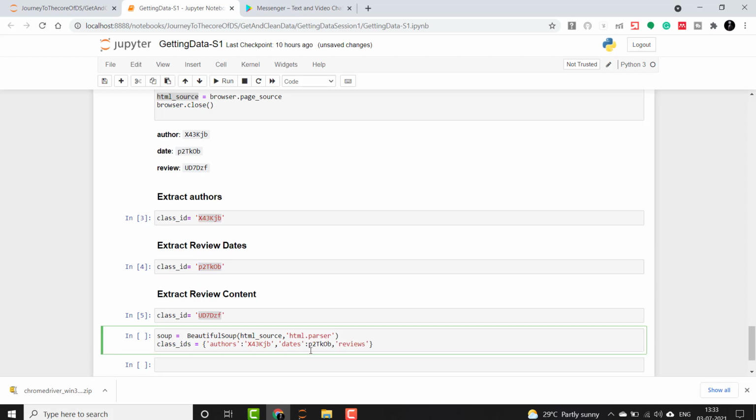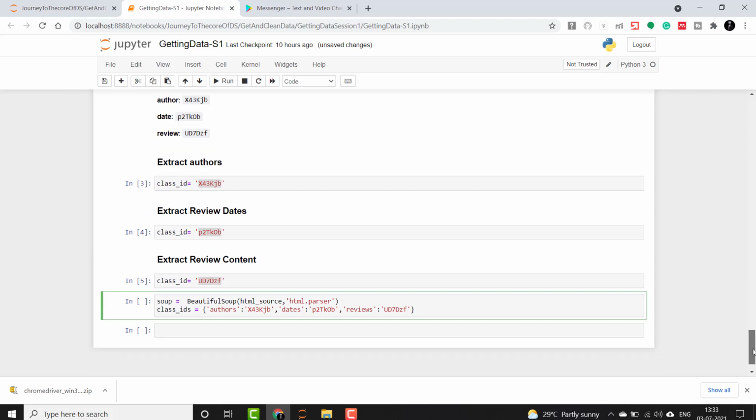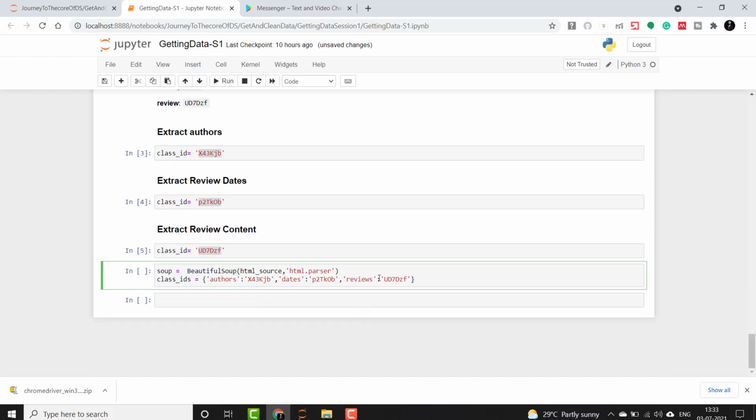So guys, we are just generalizing the function here just to reuse our code for each of the logic we are writing. Now we just execute it and then we'll start a for loop.